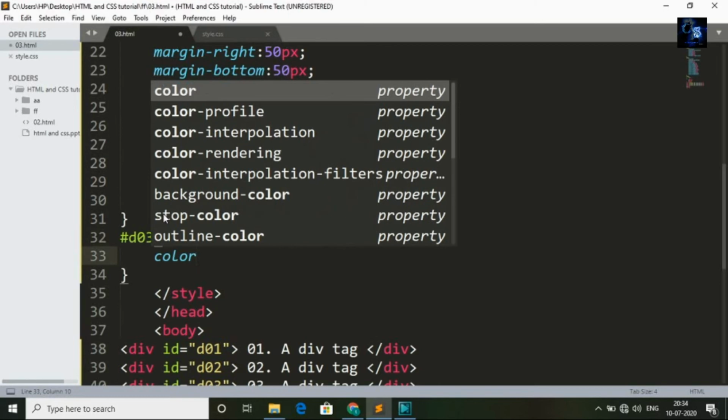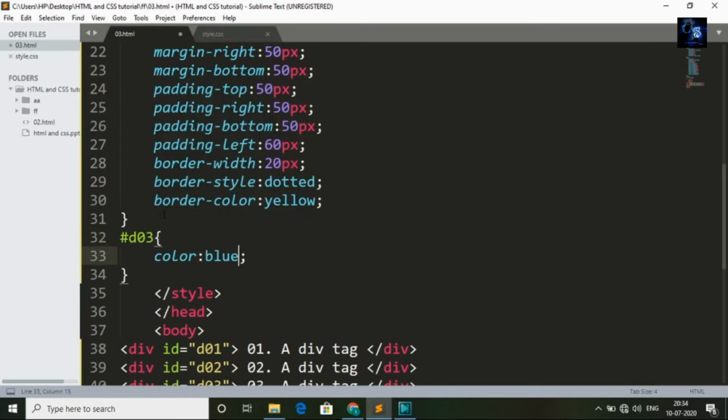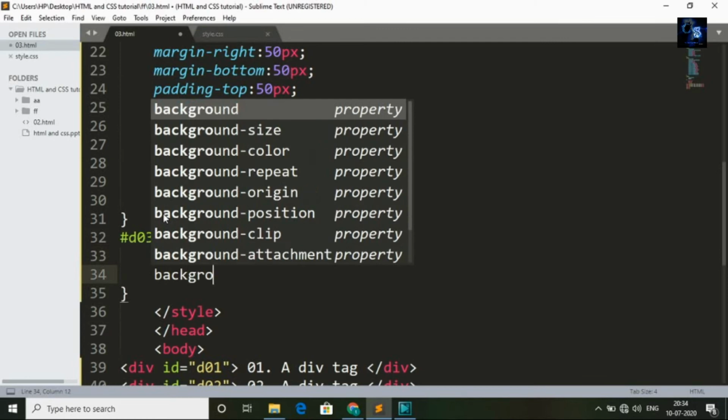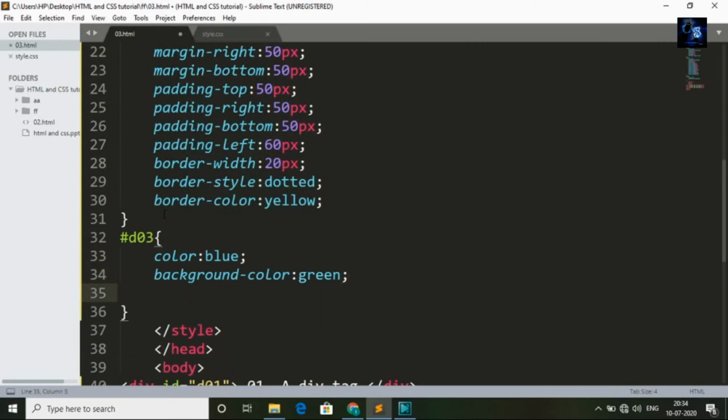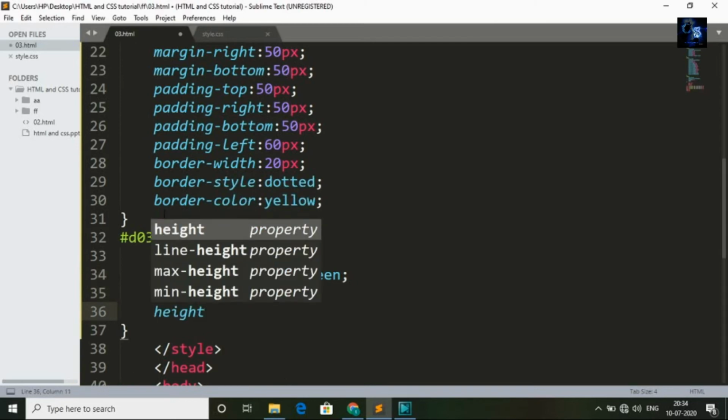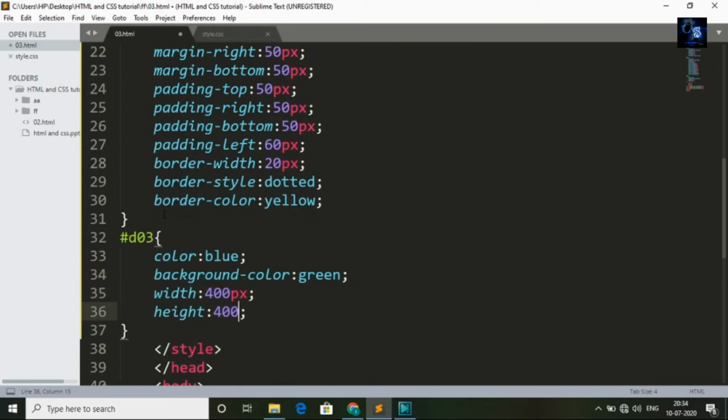Color I will give blue, and background color I will give this time green. And I will mention width, this time 400 pixel, and height I will give 400 pixel.